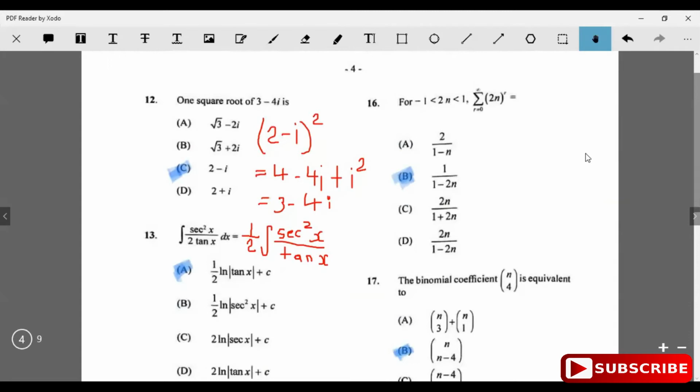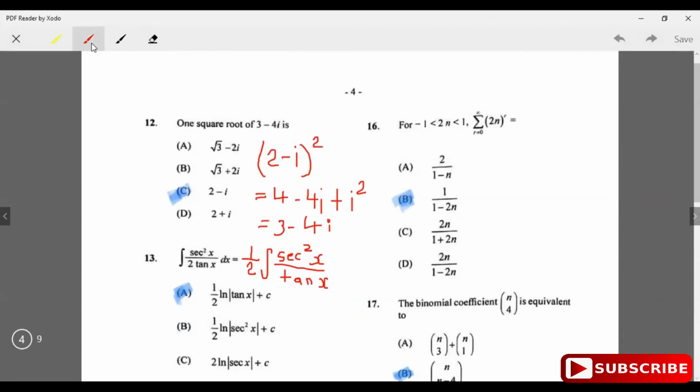All right, question 16. Question 16 says, for 2n between -1 and 1, we have this summation to evaluate. It's a convergence theory. Yes, it's convergent, because they're giving us right here that the common ratio is between 1 and -1. When the common ratio is between 1 and -1, it is a convergent series. And so finding the sum from 0 to infinity is the sum to infinity. And the sum to infinity, as we know, is a over 1 minus r, where a is the first term. So the first term would be 2n to the 0,